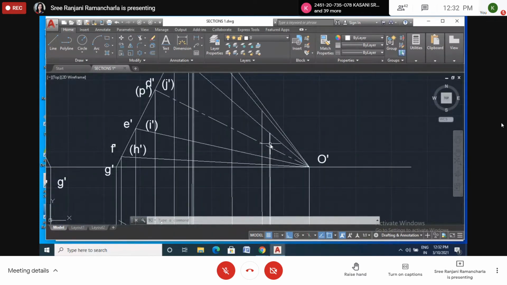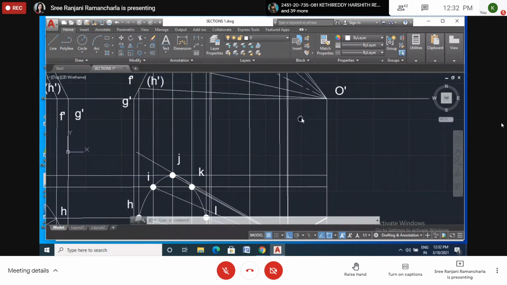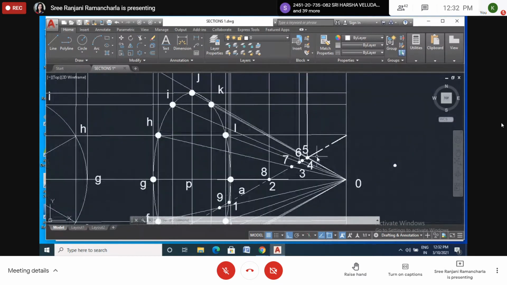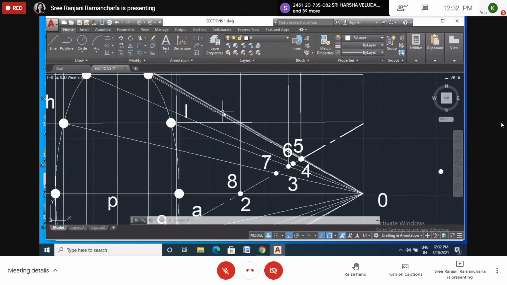When we rotate this and draw the curve, the tangent of that line is this projector, exactly coinciding with the point on the tangent. That's why I'm not showing the point K, the tangent point. I have to give some tangent point another letter. We'll see that one, I'll show you.